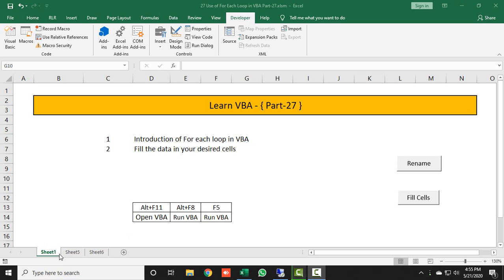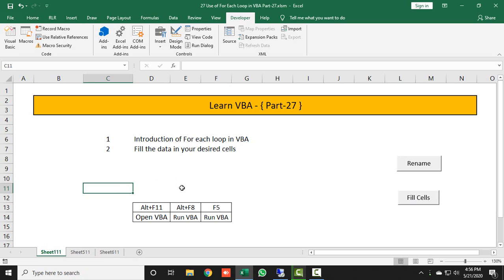Now this is Sheet1, Sheet5, Sheet6, and when I click on this rename button, they will be Sheet11, Sheet51, Sheet61. As soon as I click on this, here you can see Sheet11. If I click another time, you can see one more 1 added to each sheet name.